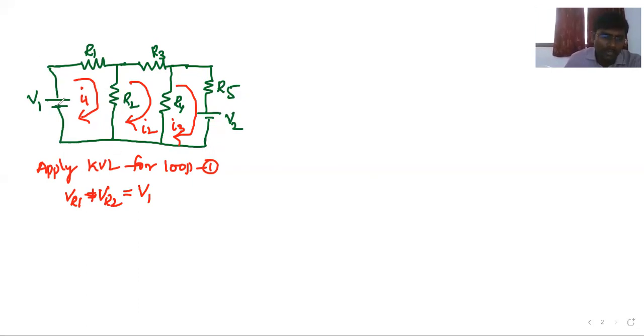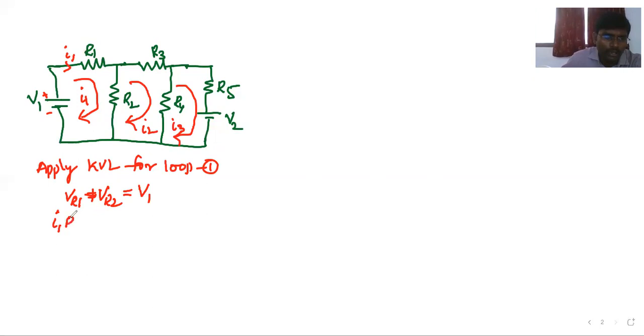Okay, so while coming to the direction or sign for V1, when current is leaving from the positive anode, you consider the voltage as positive. So for VR1, using Ohm's law, calculate VR1 and VR2. What is VR1? VR1 is the voltage drop across R1. So how can you get the voltage drop across R1? VR1 is equal to the current flowing through R1 multiplied with R. What is the current flowing through R1? It is equal to I1.